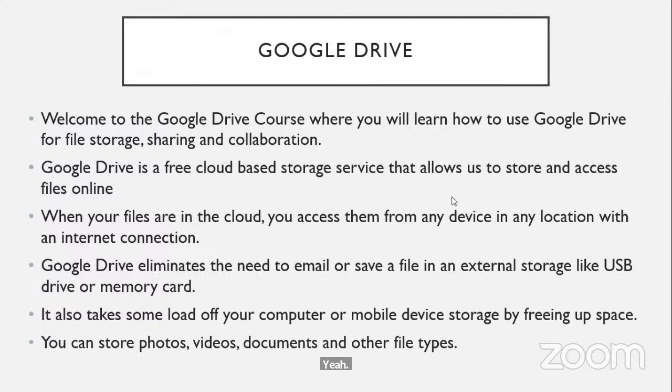Okay, so I was saying that Google Drive is a free cloud-based storage that allows you to store and access files online. So if you have a computer, the Drive is like an online version of those local disks where you store your files. It's an online version of what we call your flash, or your memory card, or your hard disk. In the cloud, you can access them from any device in any location, as long as that location